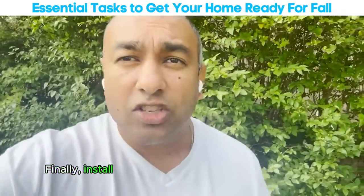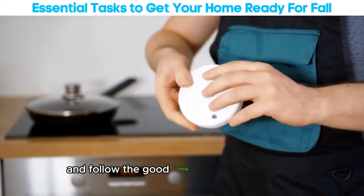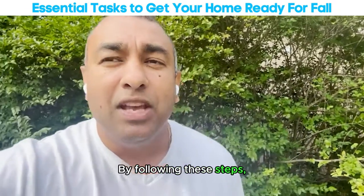Finally, install smoke and carbon monoxide detectors. If you haven't already done that, make sure they are up, and fall is a good time to replace batteries in existing smoke detectors. By following these tips, you'll ensure your